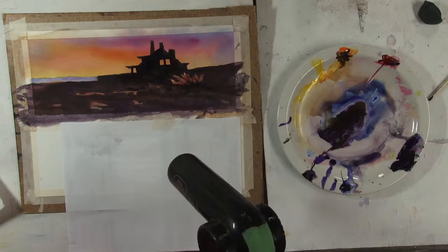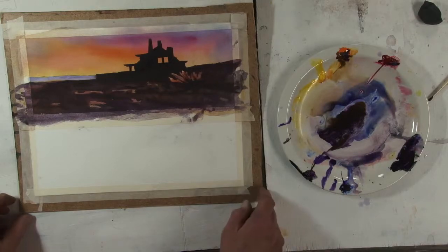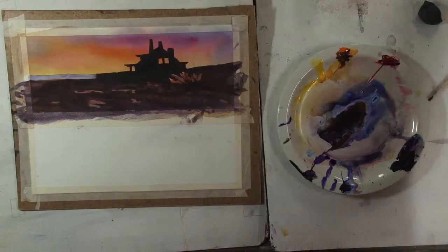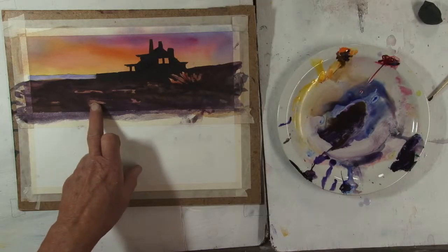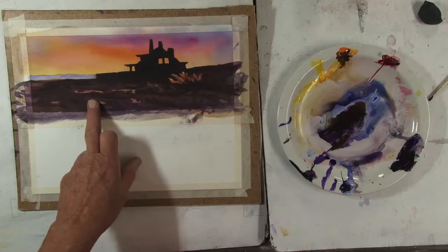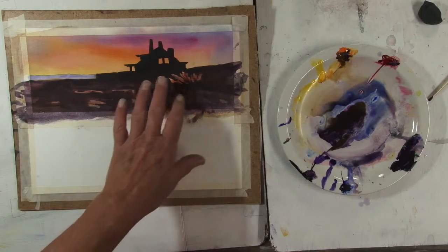Just dry it and take a last look. So I've dried it off and taken a look, and yep, I'm fine with it. It's done what I wanted. There's just one issue I have, which are these lighter spots here. Because they're so much lighter than the surrounding, they attract the eye and take away from my